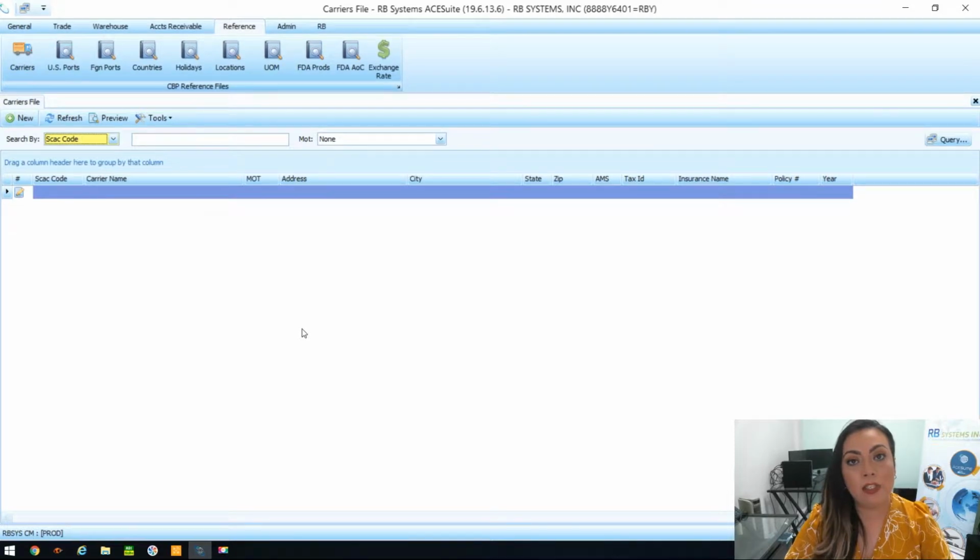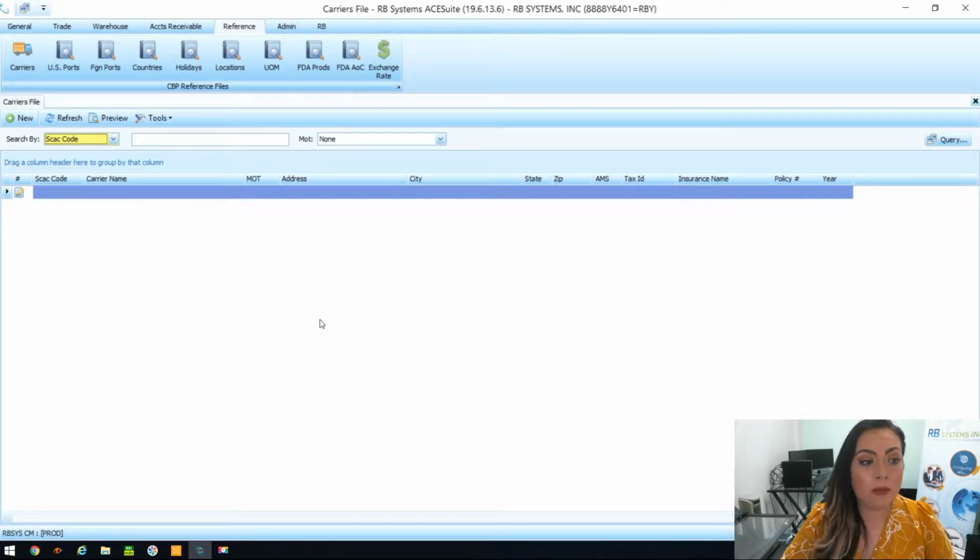Under the carrier section, you need to set up per carrier who's going to be the driver, the conveyances, and the equipment. Now, in some instances, you don't have to create a catalog for the equipment, but for the conveyances and the drivers, you do require for those to be inputted in the catalog. Equipment, you can add those if you know that the boxes are going to always be the same boxes for the same carrier. You can create a catalog, or you can add them on the fly when you're generating your